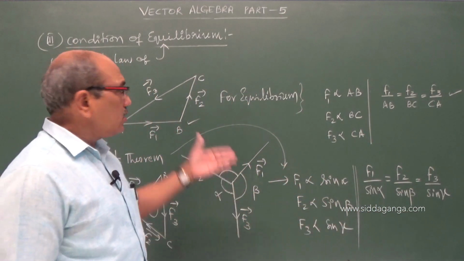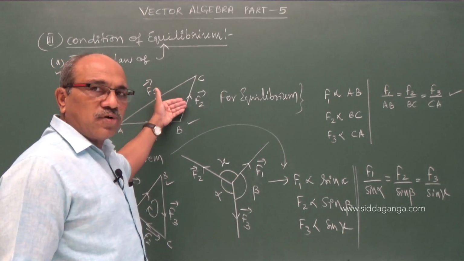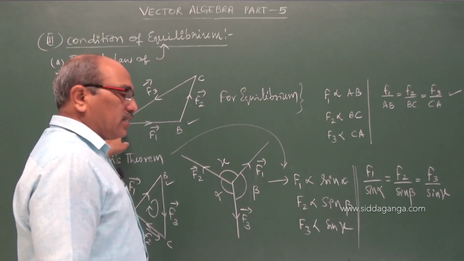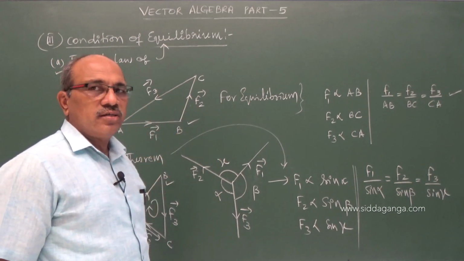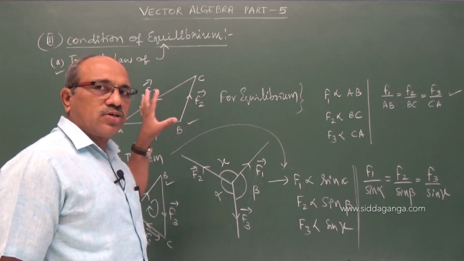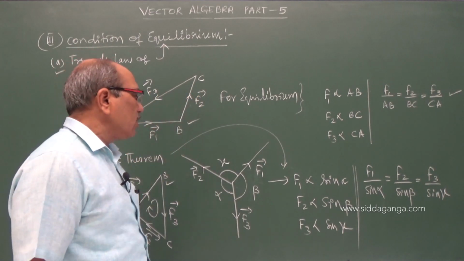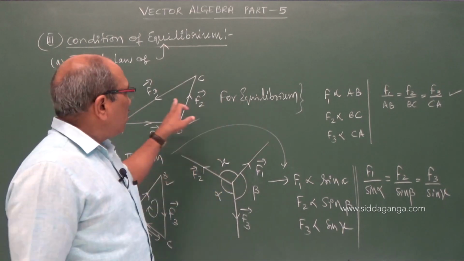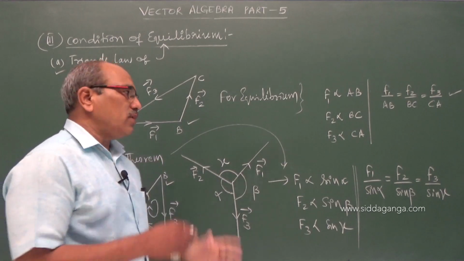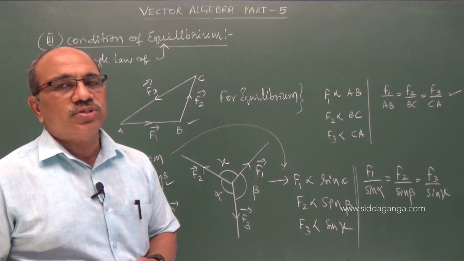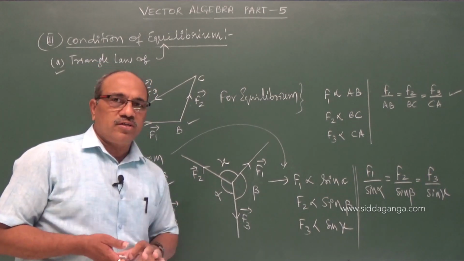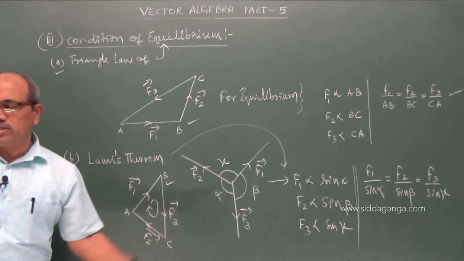Using either a triangle or any polygon, if the closing side comes in the same order, it becomes equilibrium and the system remains in equilibrium under the action of all these vectors or physical quantities. Under Lami's theorem or the triangle law, I showed you two important relations, which will be used in many problems in physics. Let us come to the other part. Have a glance, we will come back to that.